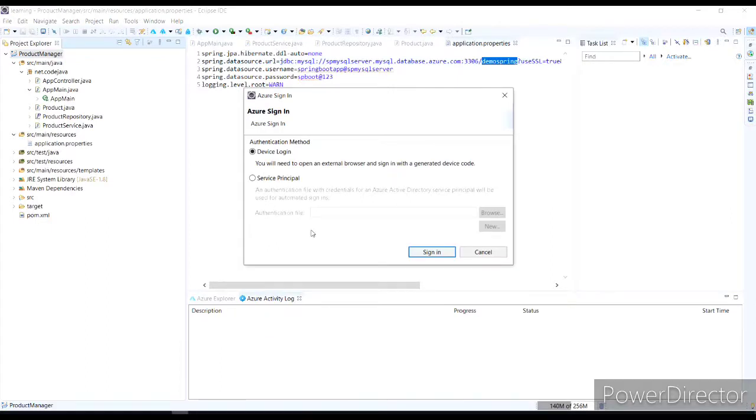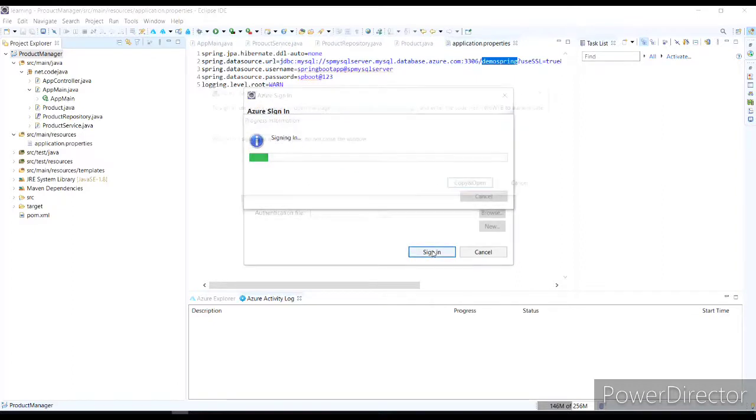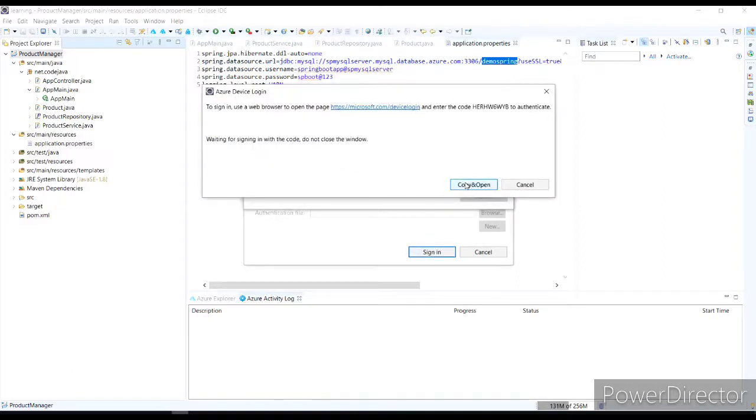Now it is asking for the device login, so I am clicking on the sign in button. Yeah, copy and open.